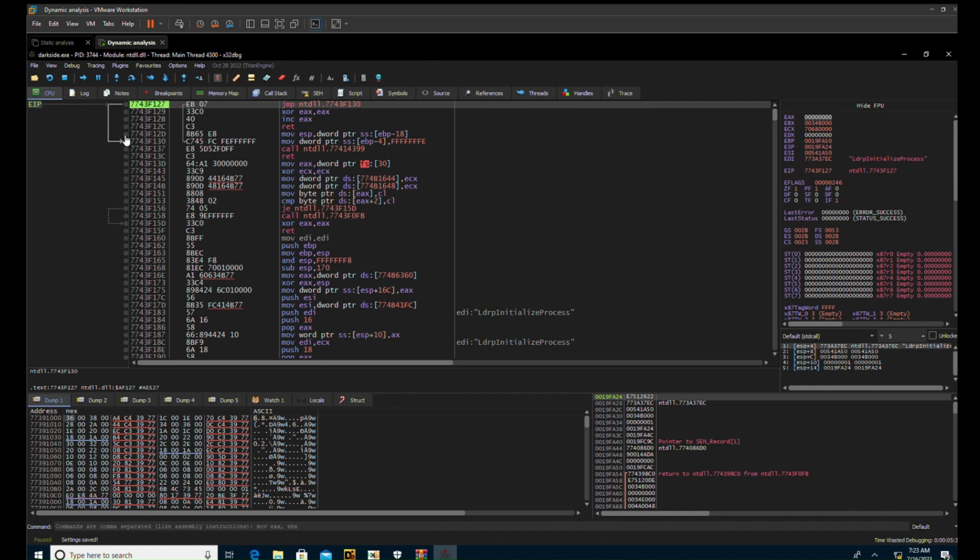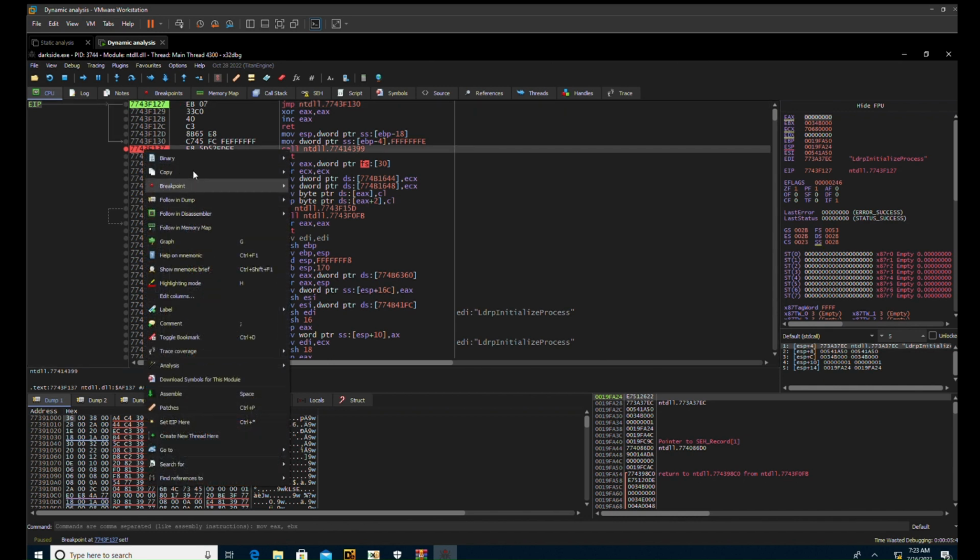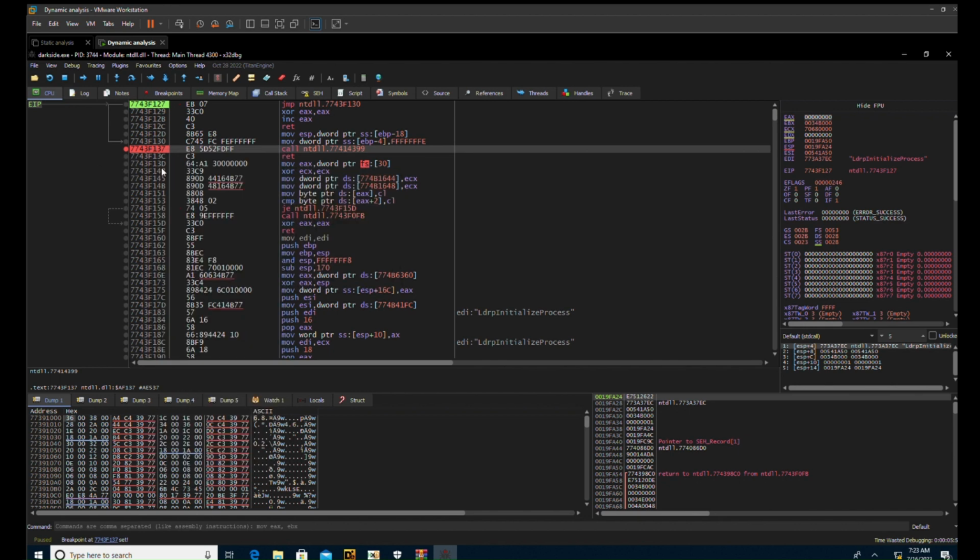A breakpoint is essentially you click this, or there is a hotkey for it, which I think is F2, but you can set one. I swear it's F2. Yeah, it is F2. So if you click F2, it will set a breakpoint for you. So if I just do that now, did that do anything? Yeah, there you go. It just sets a breakpoint, and what that does is I can execute, and it will jump to that area of memory. It's not a case of it jumping there because that's where you told it to jump. It's just following the natural order of things, and you've happened to set a breakpoint on where the malware is,